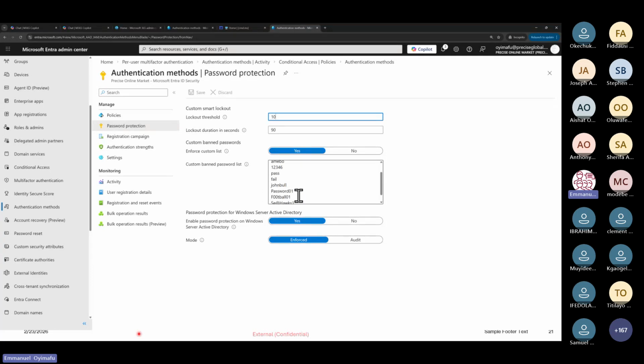These are things that you can configure to protect your users from using cheap passwords like 1234, Amiable, different password. You create all this and you can set it to actually sync with your Active Directory. So all these are advanced. Then you can put it in enforced or audit. So if it's in audit, it should just be observing the environment and all.